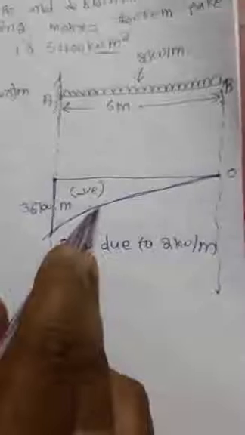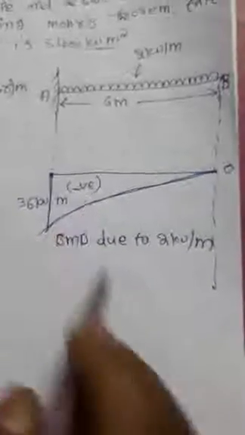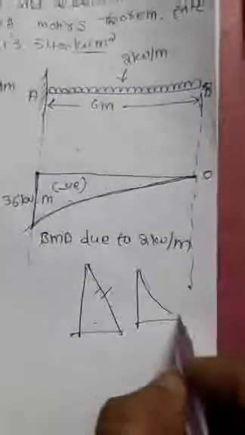And next, we are going to find the slope at the free end and the deflection at the free end. For this diagram, next is the area of the BMD, the bending moment diagram. This BMD looks like a triangle shape, but in a triangle there is an inclined line, whereas here in the diagram there is a parabolic line.